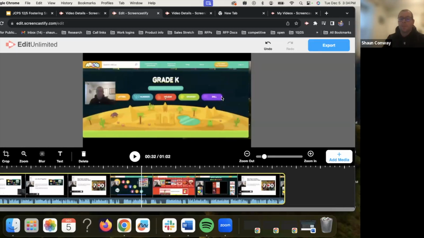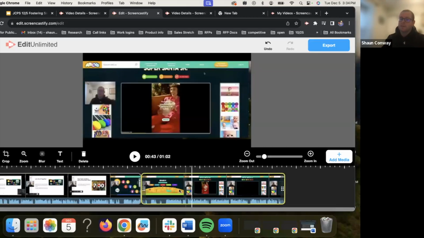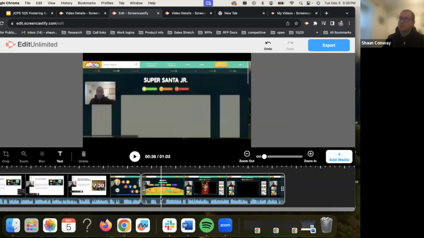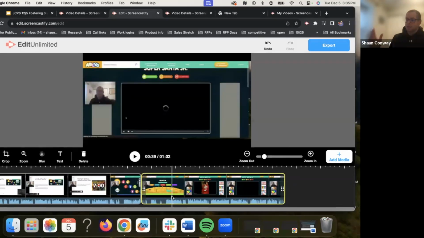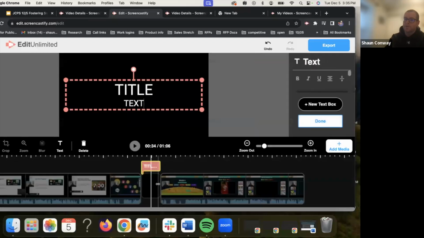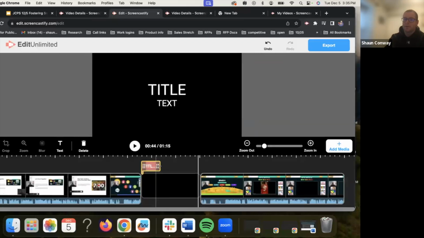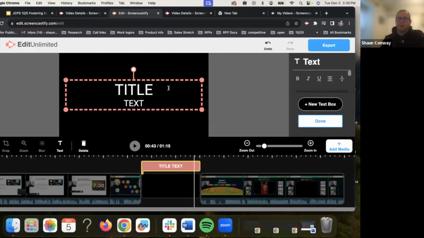And the way you would do that is you would just click cut, and now you've got different clips here. Each of these is going to let you change and modify different components of that video. You can make a singular long recording and then add title slides in front of each of those clips that can act as an internal timer.